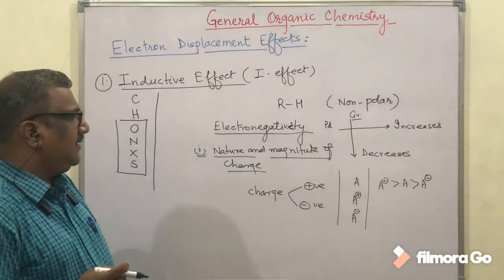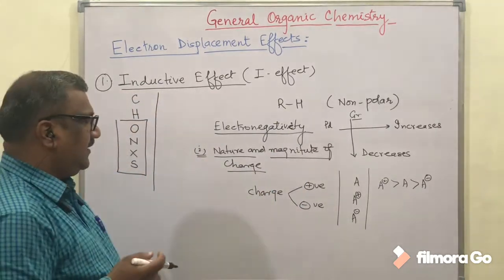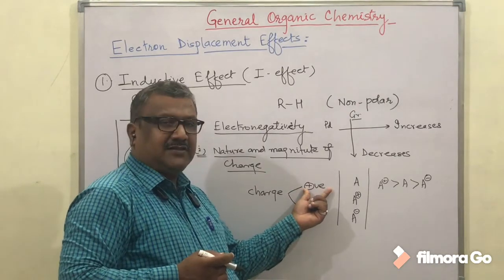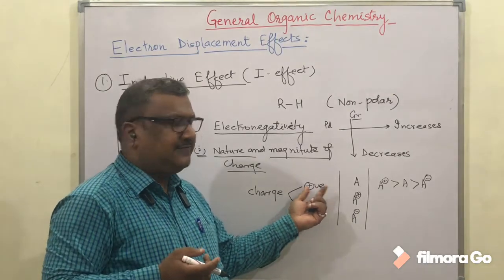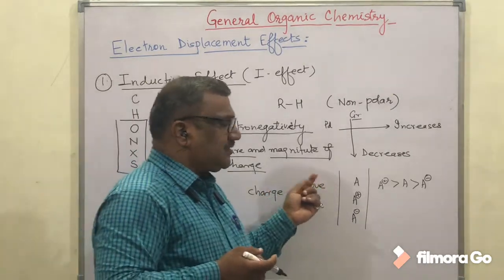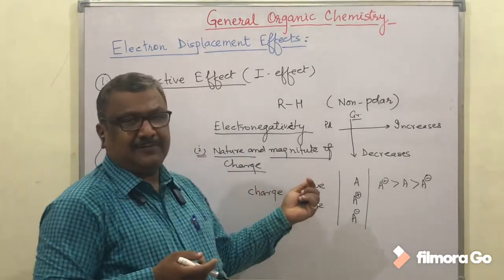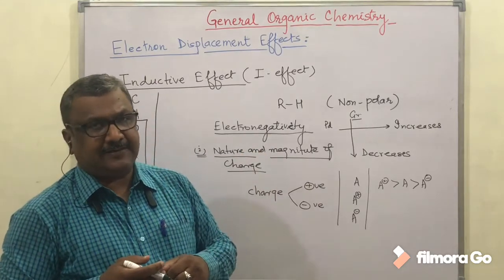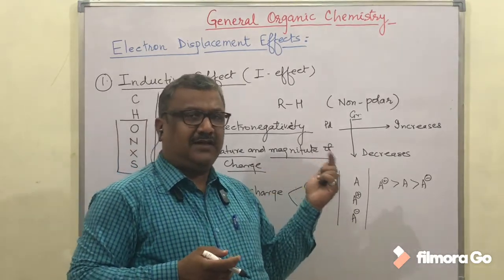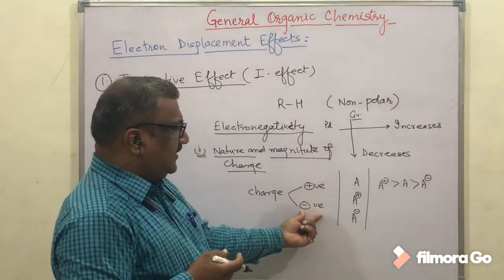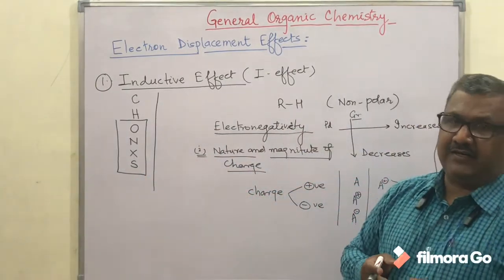That is one thing. Secondly is its magnitude of charge. Magnitude of charge means if it is present with a positive charge, but in one case it is +1, then +2, +3, +4, like that, then in all those cases the electronegativity will not be the same. Although the nature of charge is the same, its electronegativity will not be the same. So as the positive charge increases, electronegativity will also increase. The opposite is with the negative charge. With the increase in negative charge, electronegativity will decrease.